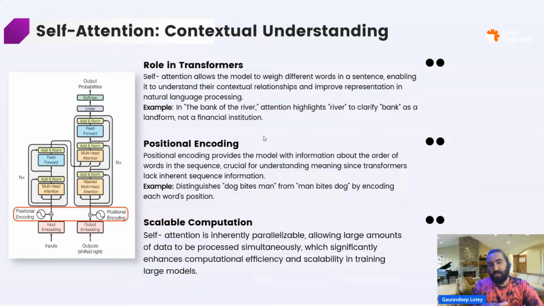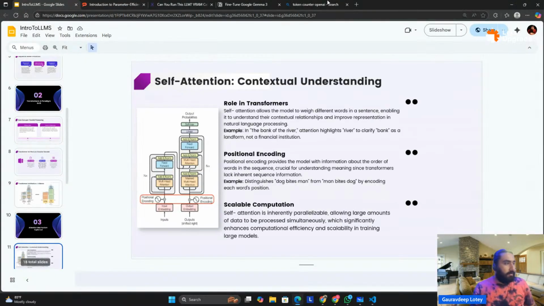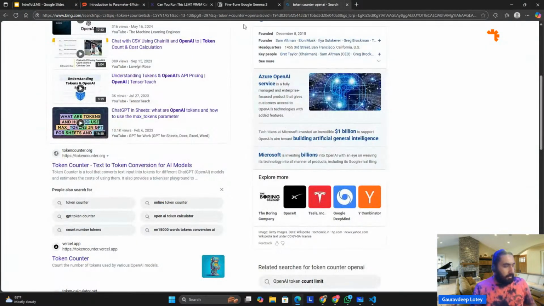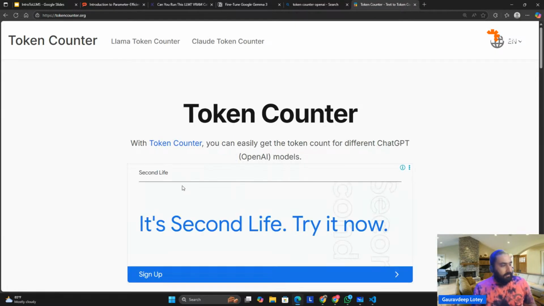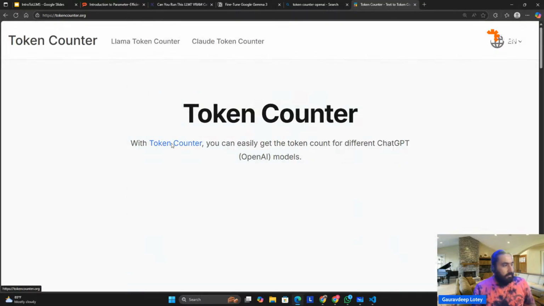So self attention will let the model be aware of relation of this word with respect to everything, and किस word पे कितनी attention देनी है, which word is more important for us to produce the output. Like for an example, in our case where we were doing the token counting. Okay, so if we go to token counter once again, and if we look at our word, definitely okay, token counter,